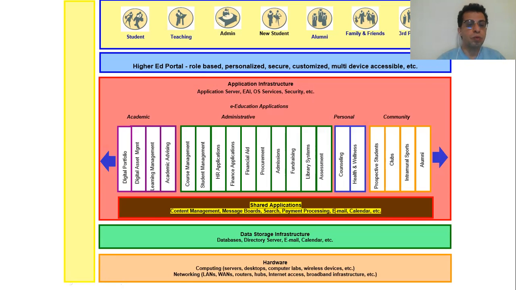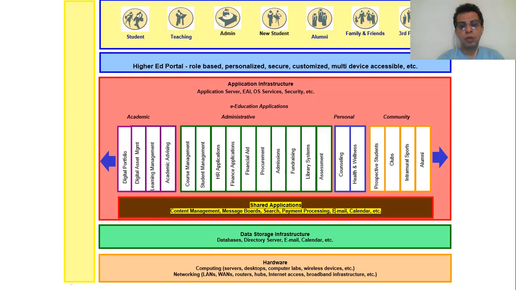And all these applications will be integrated like one application for a user like you. Usually what he sees is one content management where all these applications are there. He doesn't know that there are multiple applications back there integrated with this, and they are integrated with each other also. For example, you cannot take the course if you don't pay, but how would the course management system know that you paid? The financial application should notify the course management that you paid for that course.